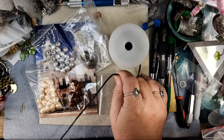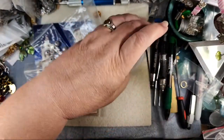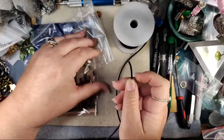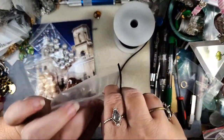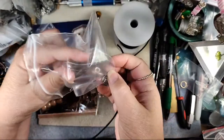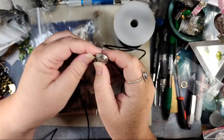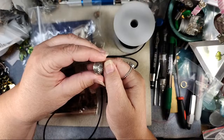So what we're going to do is I'm going to cut quite a length of this off, because when you do the knots, it's taking a lot of your cord away. And I'm not sure exactly how much we're going to need. I got to make sure that our buttons that I've chosen here will fit on my leather. They have a pretty good size hole, so I'm not real worried about them. These buttons I got down in Arizona at the